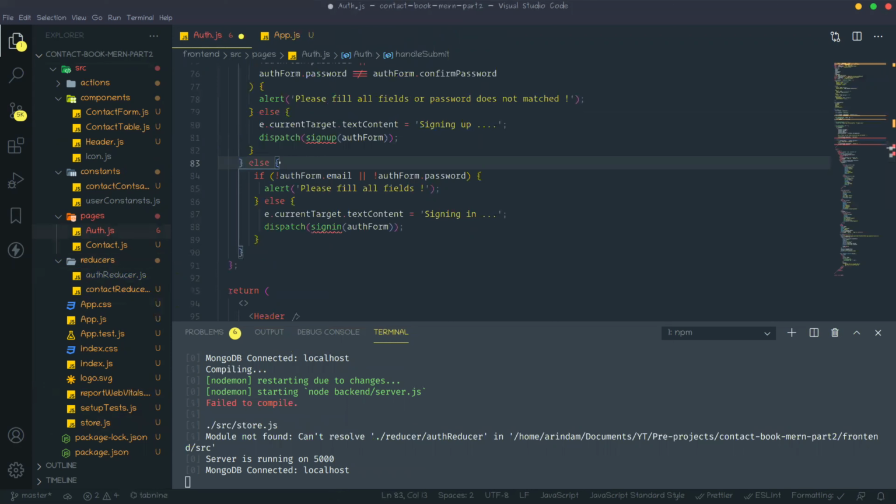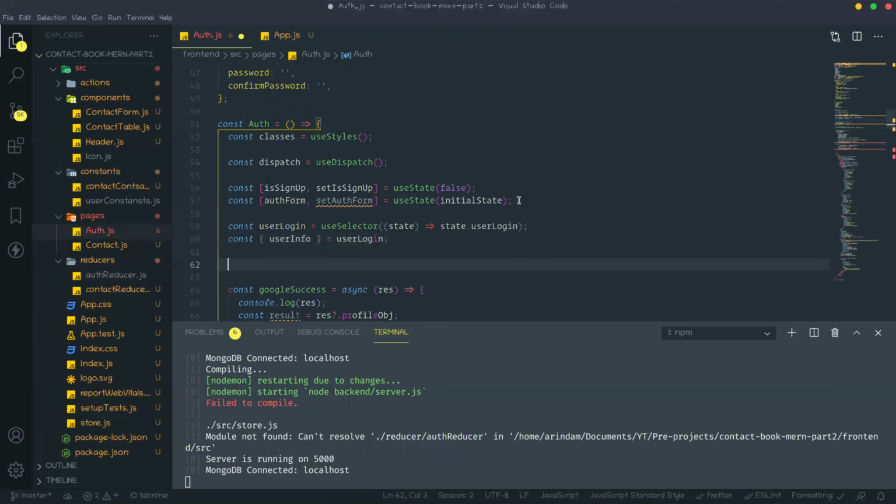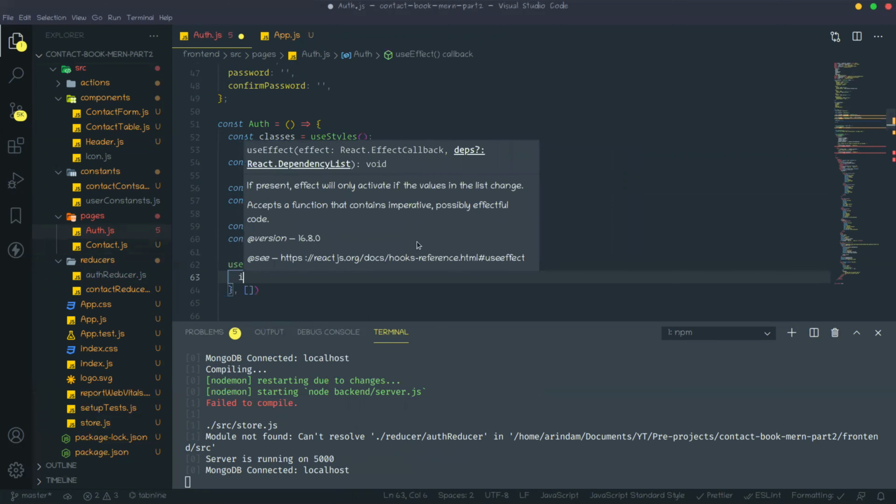Now we also need to bring in this auth.js file, the JSX file. We need to select that state. So just const user login, use selector, then state dot user login, and you will get the user info from there. Okay, so here create one use effect function. In this use effect function, we need to check if the user info is there.